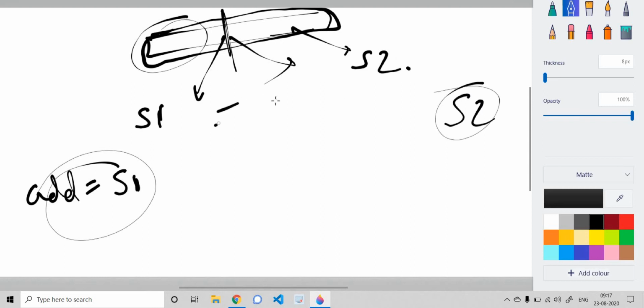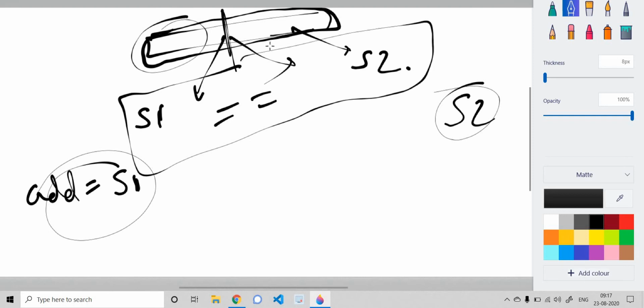And in case they are equal, then Bob lets Alice decide which one she wants to choose. In that case as well, we would be adding s1.